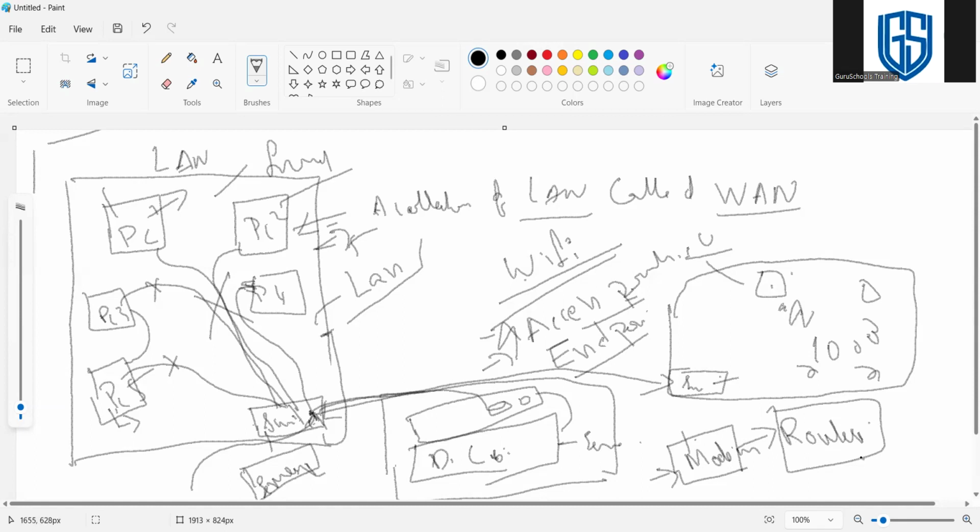Then we take a connection from the router to the access point. This access point is like a Wi-Fi machine. Or else we can use Wi-Fi routers, no problem. Both are the same.